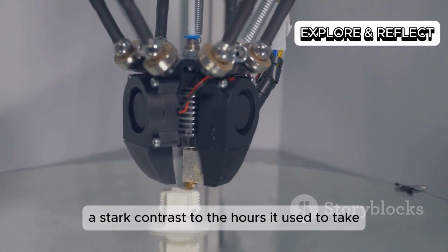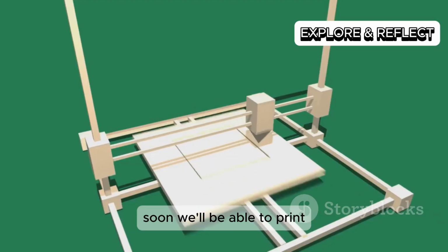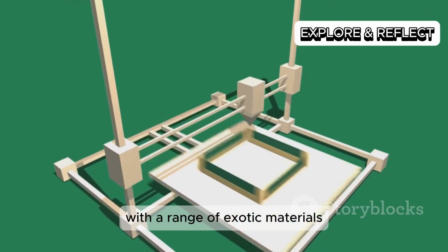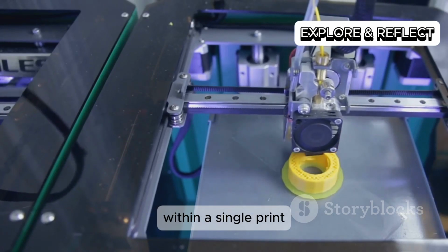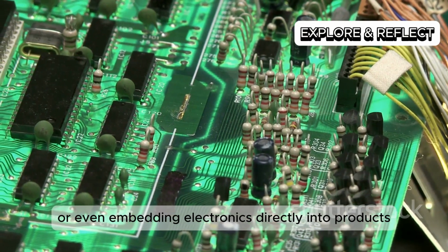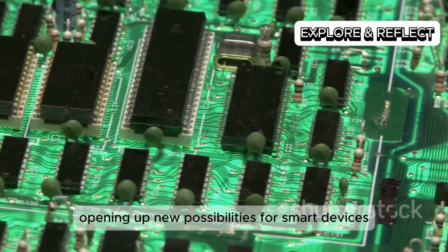stark contrast to the hours it used to take. This leap in speed is a game-changer. Soon we'll be able to print with a range of exotic materials, seamlessly mixing hard and soft elements within a single print, or even embedding electronics directly into products during the printing process, opening up new possibilities for smart devices